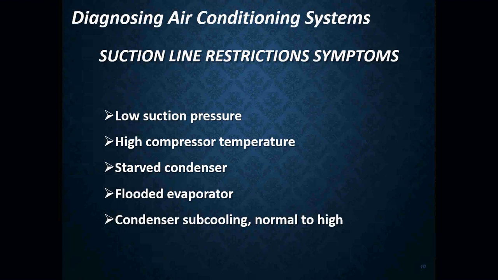If there is a suction line restriction, your liquid subcooling in the condenser will be normal, maybe a bit high, because a lot of the refrigerant will be in the condenser coil but will not be circulated very fast. Again, it's a roadblock, it's a restriction. The condenser subcooling may be normal to a bit high if there is a receiver in the system, and your